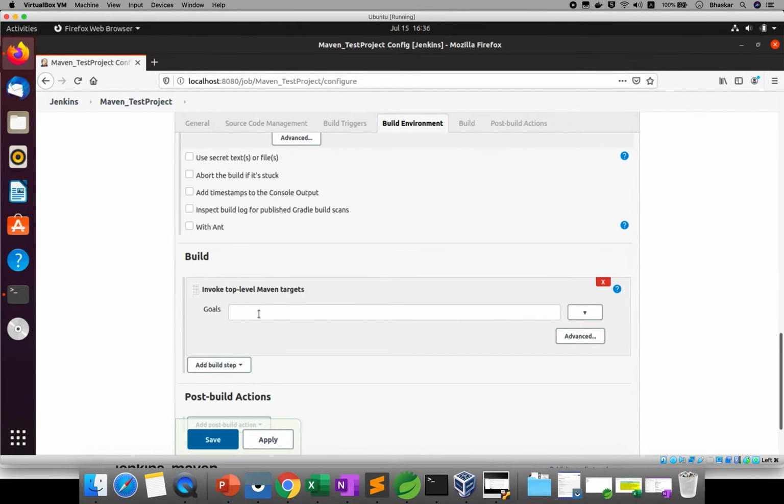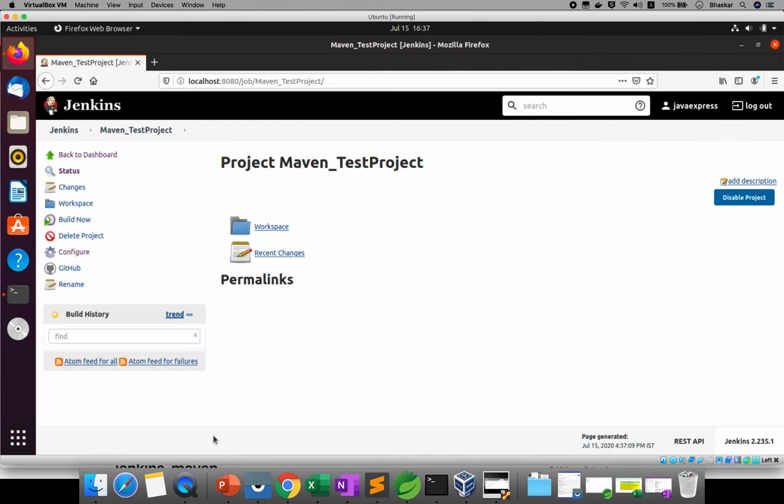What goals do I want? Clean, to clean my project. Next, test my project, separated by a space. Then package, to generate a jar file. These three are the goals for my project. Click Save. That's it, your job is done.